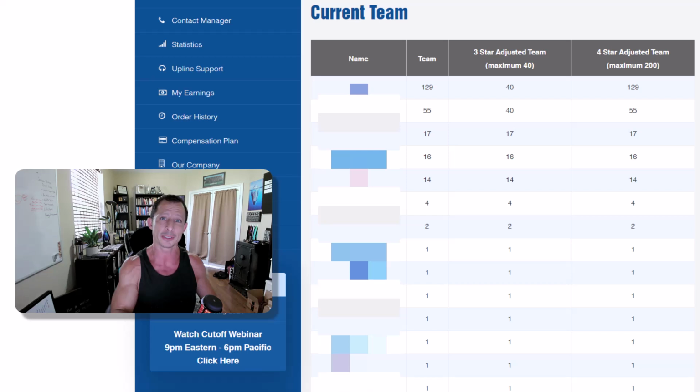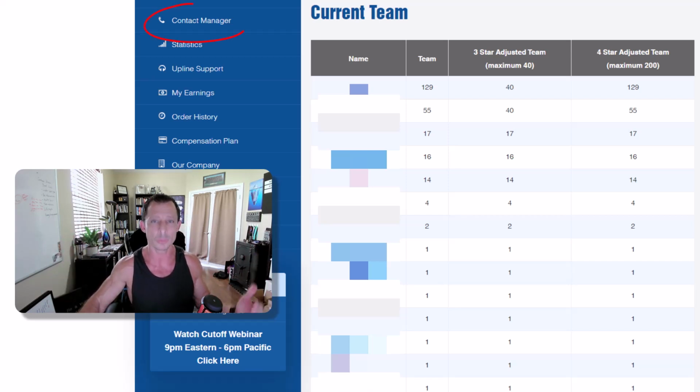Remember, this is not going to show you everyone that you've enrolled, because maybe they aren't active yet or they don't have any active people in their team yet. If that's the case, they're not going to appear on this list. Now, if you ever want to see the full list of people that you have personally enrolled, all you do